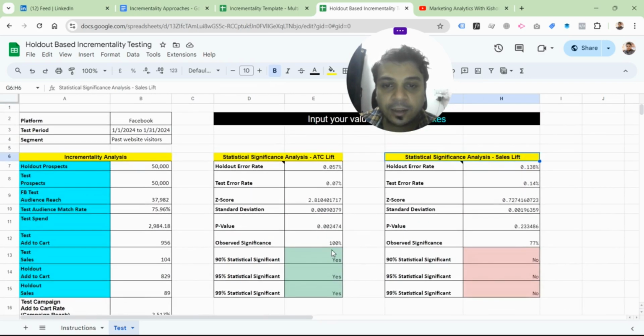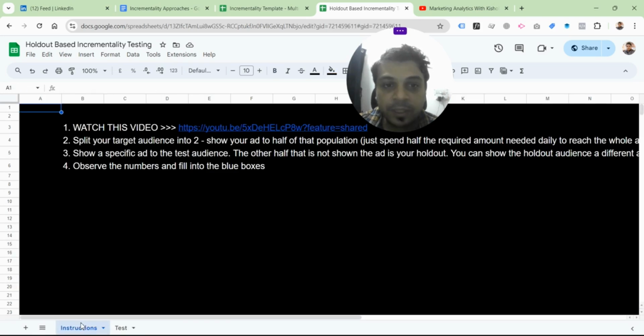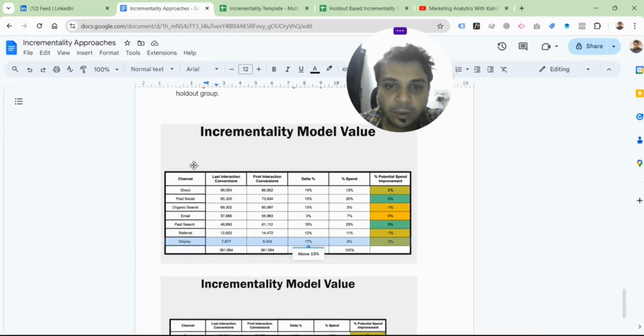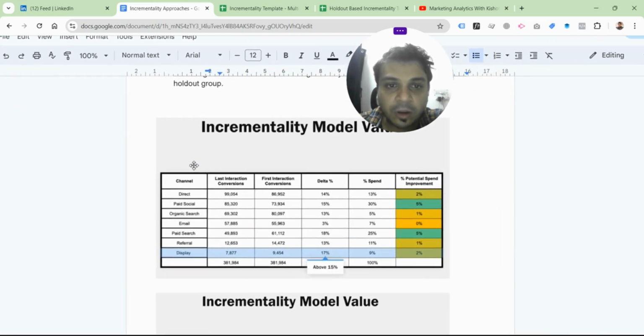So this is interesting, and you will have to just carry out this analysis in a piecemeal manner for each of these different events that you're tracking. That way, you will be able to arrive at a more accurate result. Then there is one last thing that I wanted to show. This is called the incrementality model value,